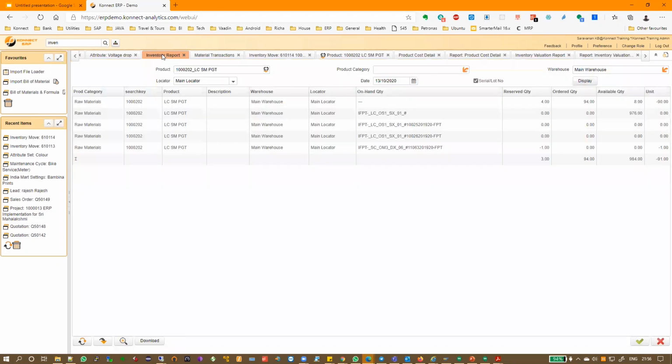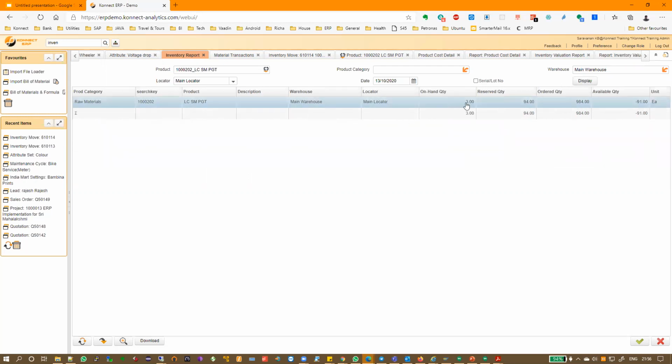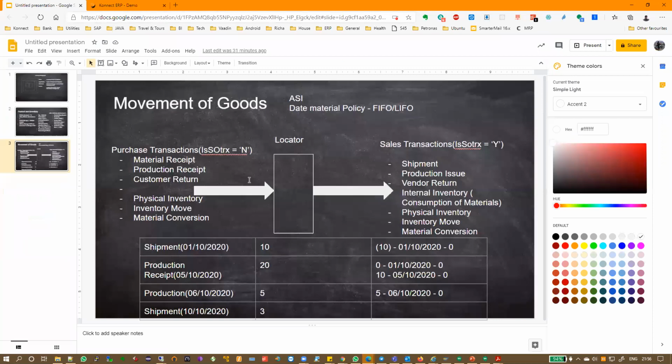Now, before we close, there's another thing about inventory. In inventory, whatever we've been talking of as of now is called the on-hand quantity, which is this. Okay. So we have the on-hand quantity. All right. But there is something called reserved quantity and ordered quantity and available quantity, right? This is called ATP, available to promise. So what is the on-hand quantity? It is the physical stock. That means that is what is there in the locator. This is not there in the locator, but you need to understand what this is. It's very simple actually to understand.